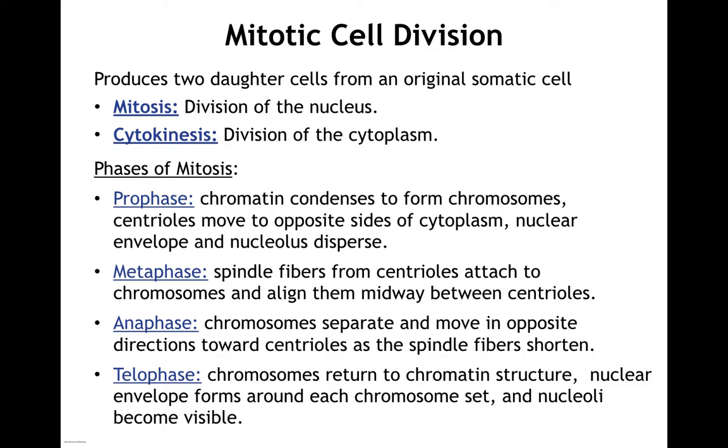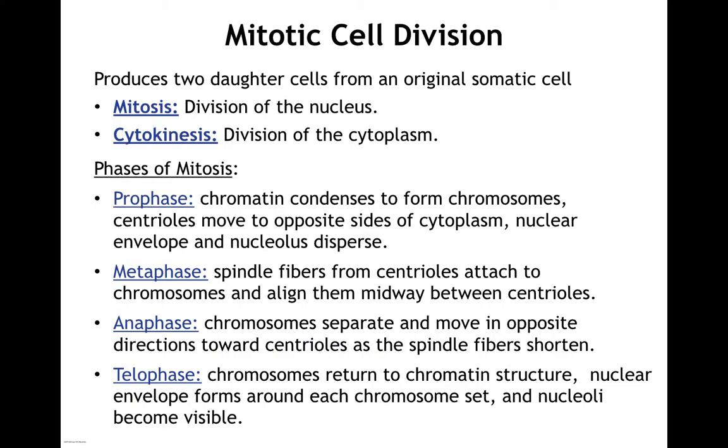Part of that process will move them towards the middle of the cell in what we call metaphase. In metaphase, those chromosomes will be aligned on the metaphase plate, an equatorial plane, somewhere in the middle of the cell. Each is 2 sister chromatids joined by a centromere. At the end of metaphase, the centromeres will split. The chromatids will begin to move away from each other, and we'll be in anaphase. In anaphase, they will move to opposite sides of the cell. Eventually, they will get far enough apart that we will call it telophase.